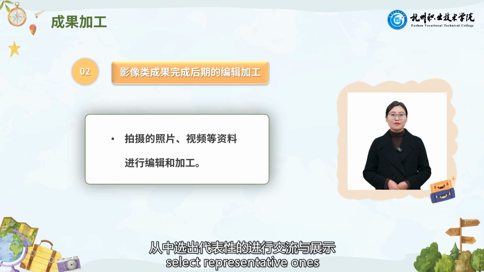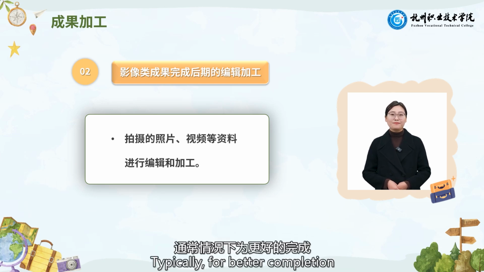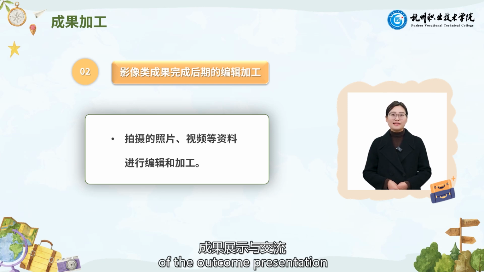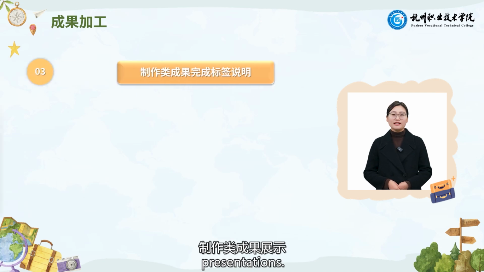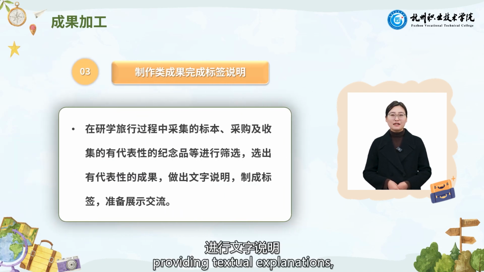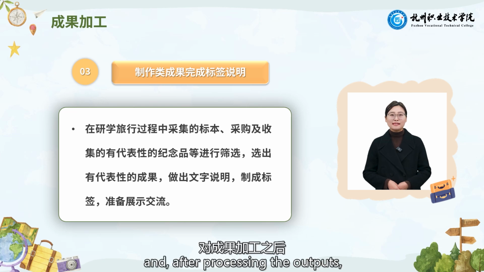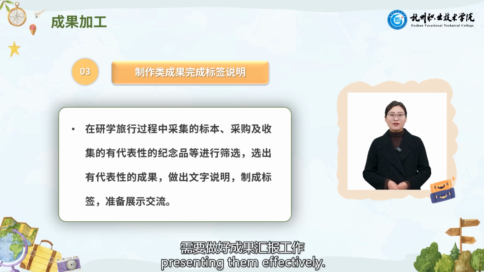Select representative ones for communication and presentation, typically for better completion of the outcome presentation and communication. Students are required to create complementary PowerPoint presentations, providing textual explanations, creating labels, and, after processing the outputs, presenting them